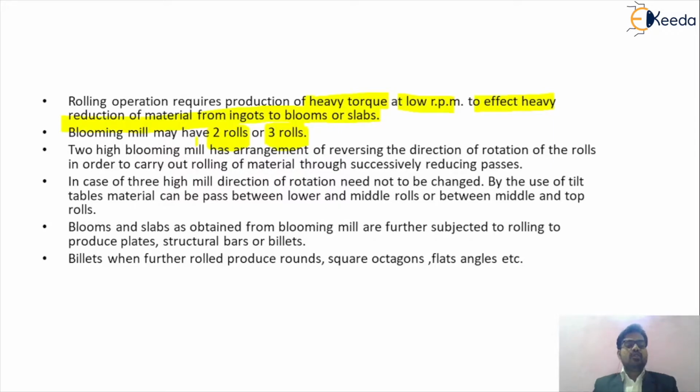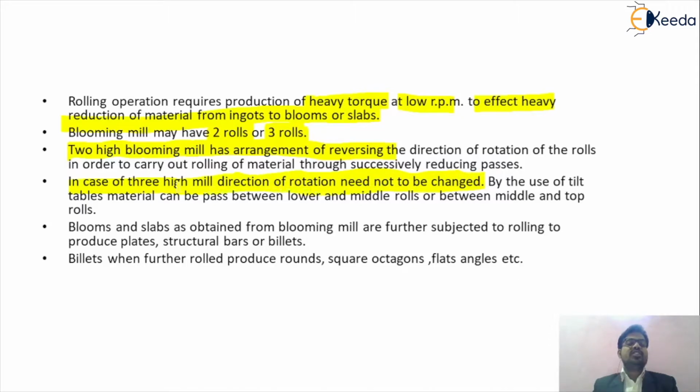So what do we mean by the two roll blooming mill? We have to use two rolls, and in between the two rolls we place the object. So friends, this is the two roll blooming mill, and in case of the three roll blooming mill we have to change the rotation